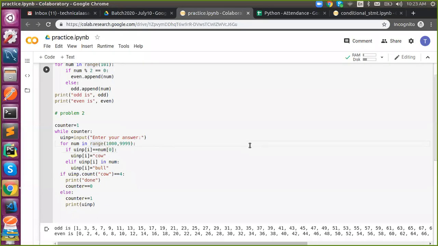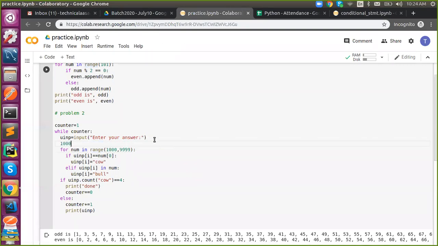Next, if it is an integer, we are able to compare the exact number, not based on its position like an index, because you all know an integer is fixed. So if it is 1000, and the user says 1000, you won't be able to check positions. But if it is an integer, we can only proceed like this.